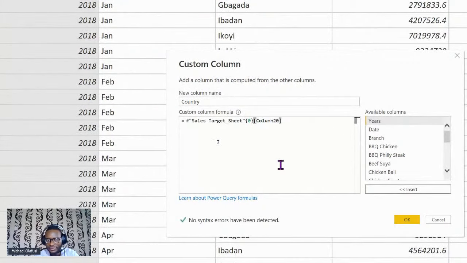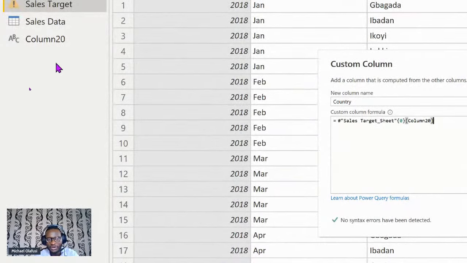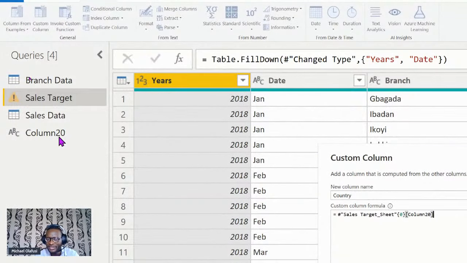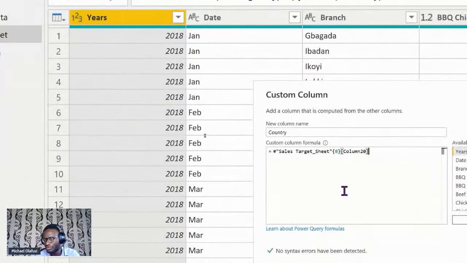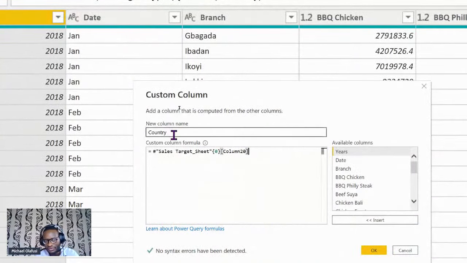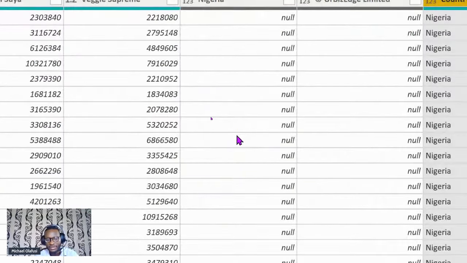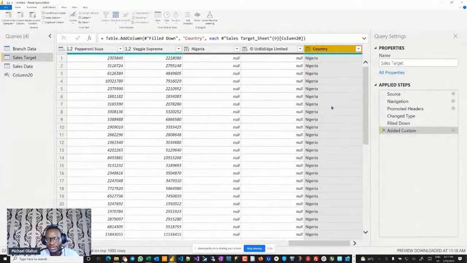What I've done is I've picked what Power Query has generated for me as the address of that particular record, and I'm trying to create a new column that will reflect that address throughout the record. So that's what I've done. Country as a column, let it reference that particular record, and I'm clicking OK. That's how you can fish out exactly the record you want to populate across. In this case, I want country to be reflected as Nigeria because that's also important.